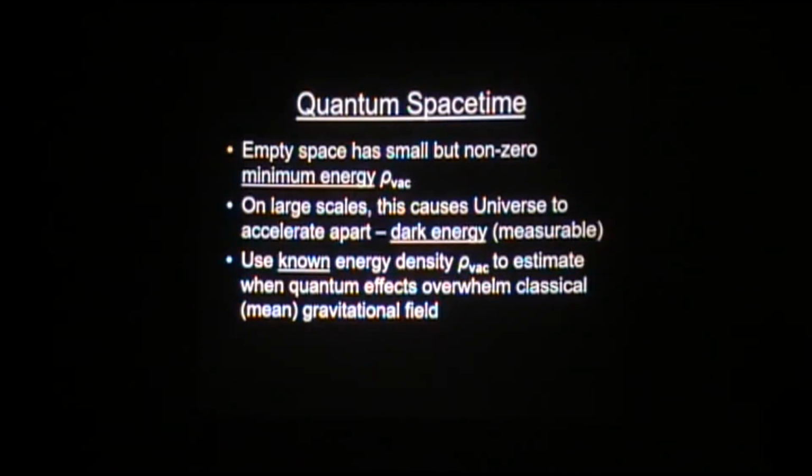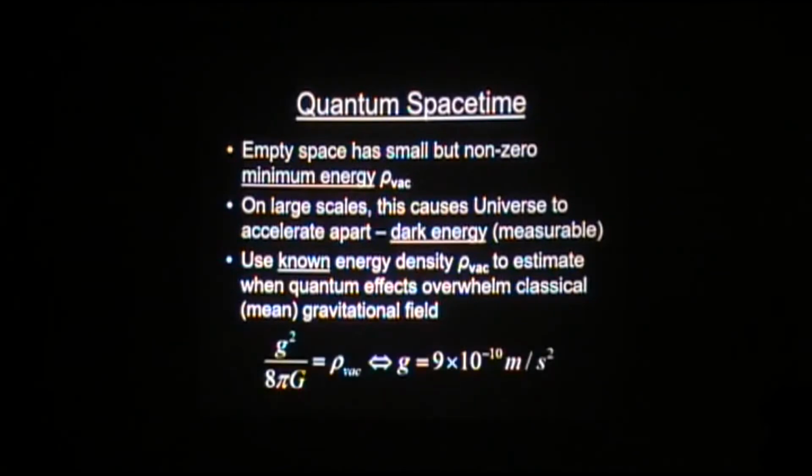Now that leads to an interesting, very quick calculation you can do. So this is the energy density you have in a gravitational field, according to Newtonian mechanics. This must have been known centuries ago. This vacuum energy density we've only been able to measure in the last 10 years. And that tells you that these two things are comparable at a very low acceleration, about 10 to the minus 9, 10 to the minus 10 meters per second squared.